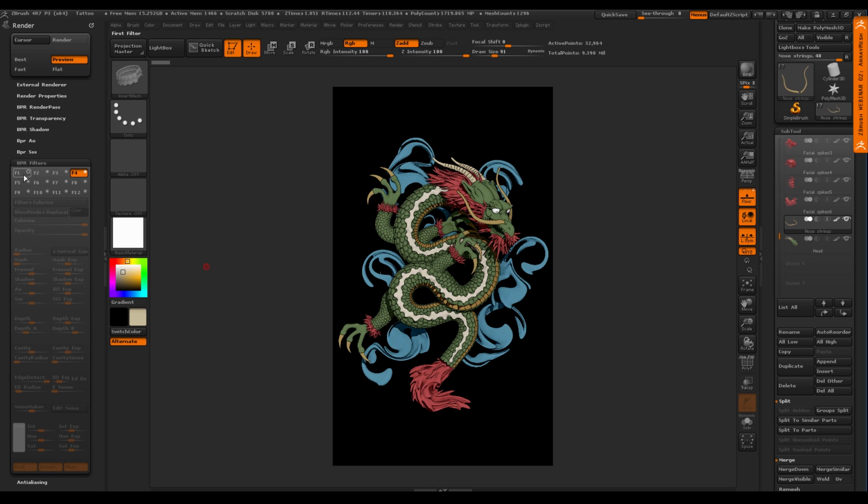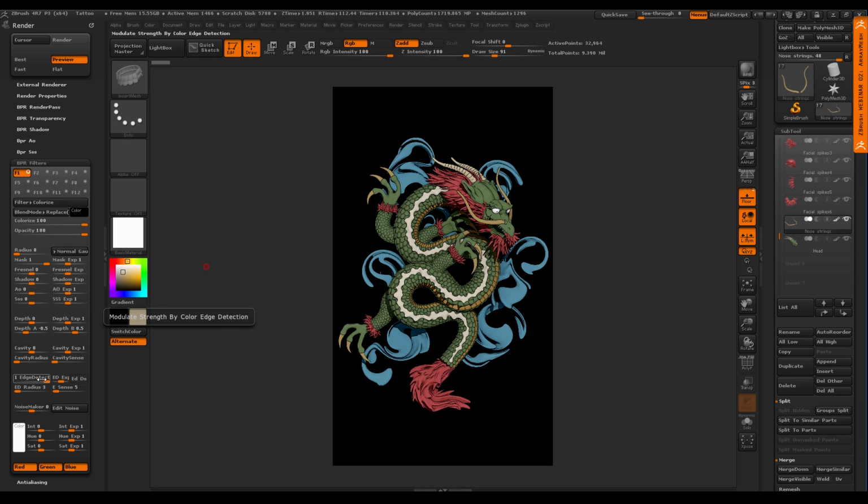So the first filter, I'm doing a colorized black, and I'm using edge detection. That's what gives me that little bit of line, almost like line art. So I'm even breaking it down kind of like a tattoo artist would. And then I turn on another one, and now I'm using cavities. This is why I'm also using a basic material: I want color value, in essence, that shade value, and I want cavity being detected, and I want edge detection being detected.